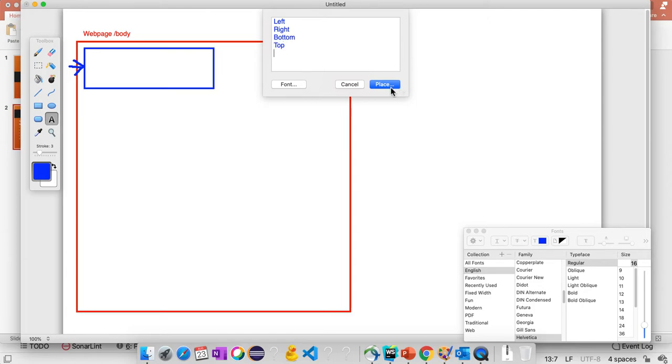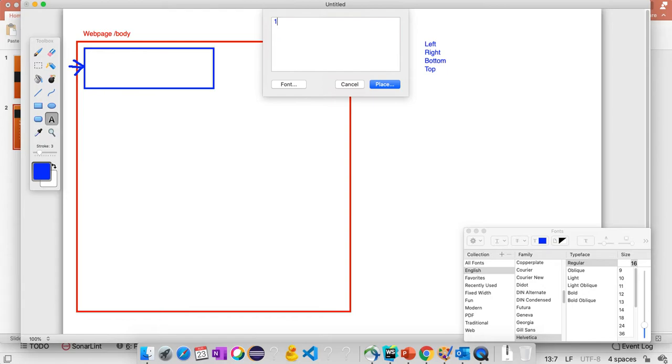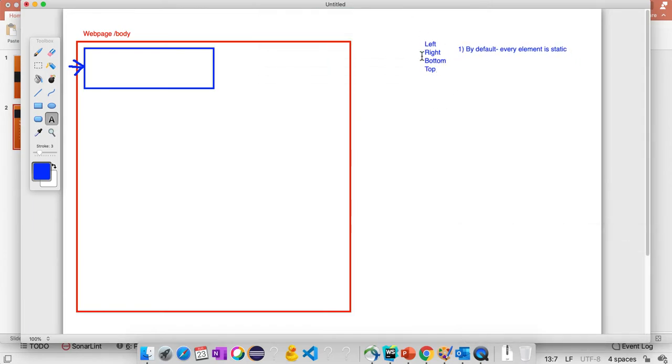Let's say I want to adjust this div block by using static. If I use these four different properties, they don't apply for static. By default, every element is static, and for a static element we cannot use these properties.